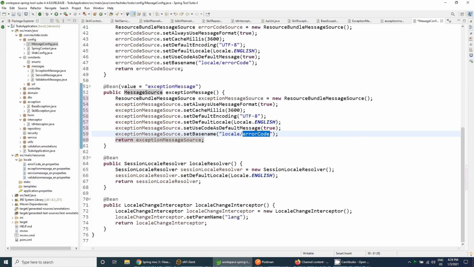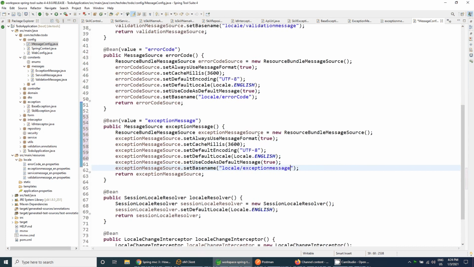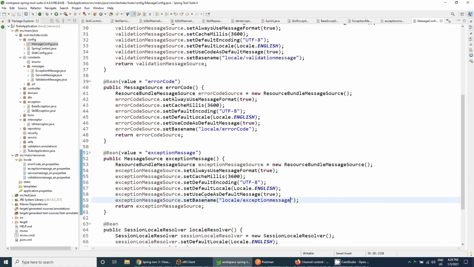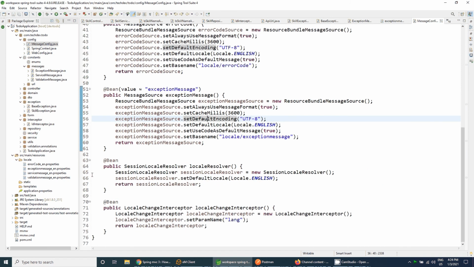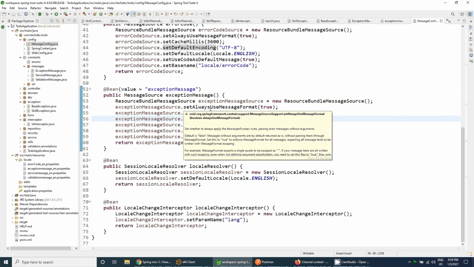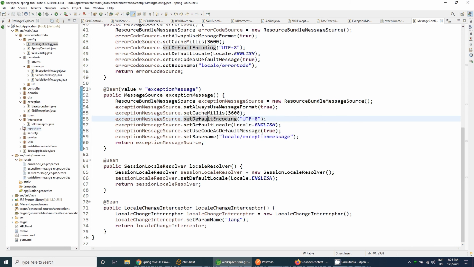So, exception message, that's it that we have set, and the exception message should be added to the message service. So go to the message service.